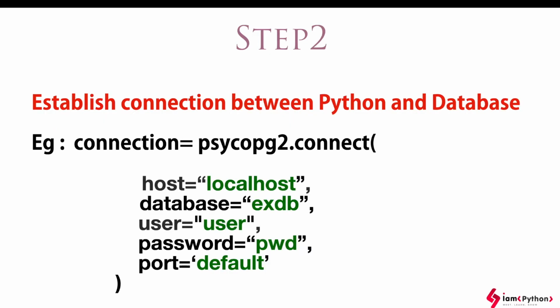And step 2 is to establish the connection between Python and the database. So you have to make a connection between both the Python program and the database. How can we do it? We can use the module which we imported and its dot connect function, which follows the Database API 2.0 that we discussed earlier in the documentation. So we are using that connect, with host equal to localhost, and the database name, username, password, and port number.